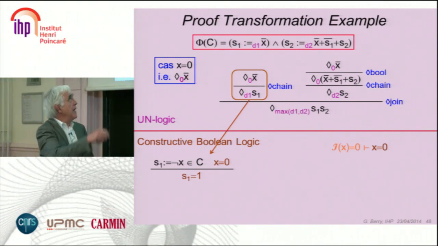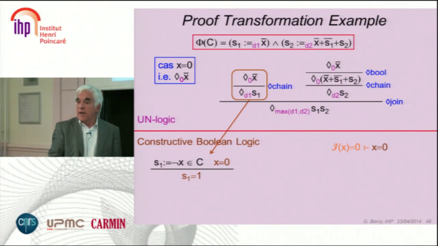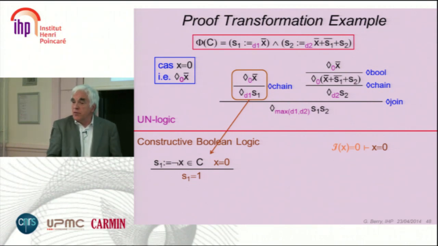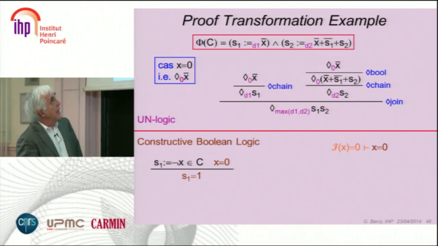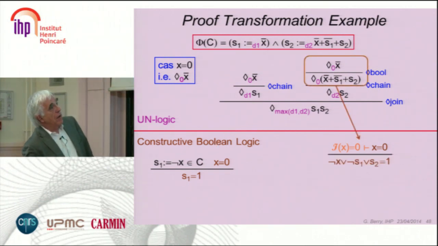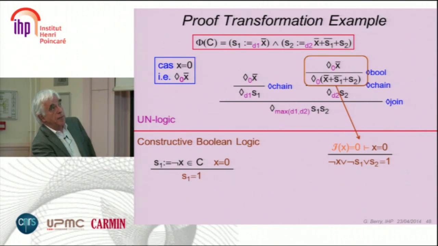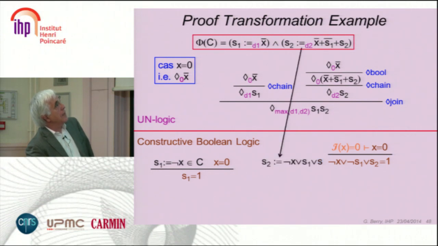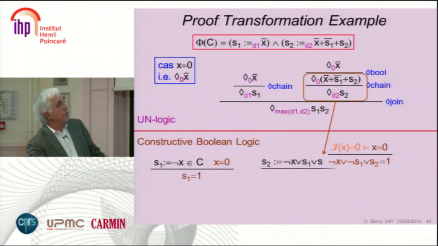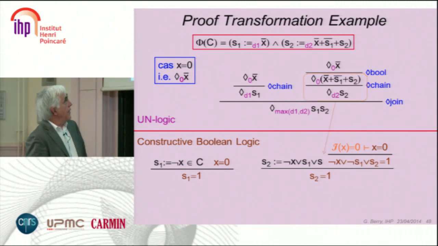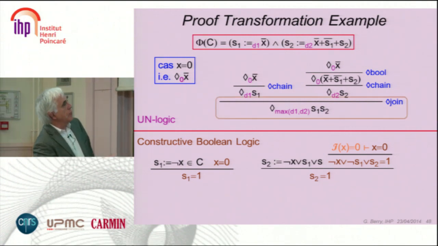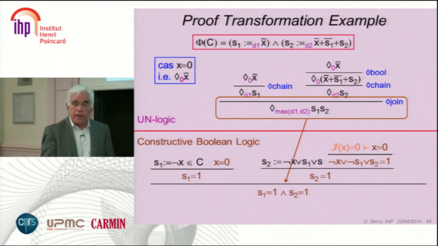So you don't have delay, but you have one deduction. And D1 doesn't matter. You just forget about D1, but you say that there is an essential step, which is to take one deduction. And here it's the same, because this is just Boolean, elementary constructive Boolean reasoning. And then you can take the equation, and applying the constructive Boolean logic equation rule, you can deduce S2 equals 1, no delay. And then because you have S1 equals 1, S2 equals 1, by the end rule, this one transforms into S1 equals 1, S2 equals 1.